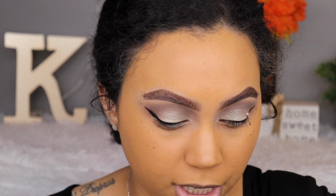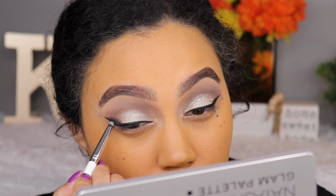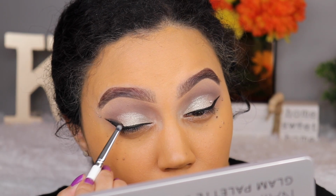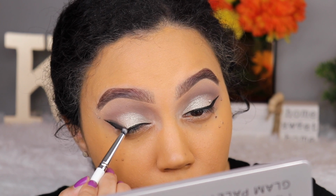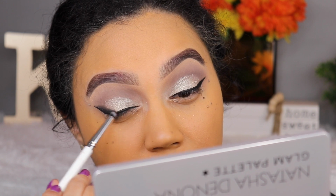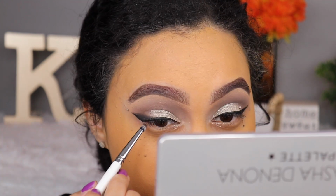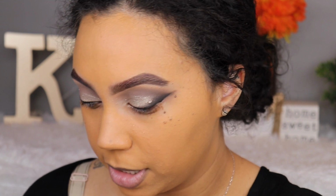So I'm going to take a super small pencil brush with the Lash Line shade again and just start kind of blending this out a bit. I'm kind of smudging it out and then bringing it in and then just stopping there, if that makes any type of sense. It kind of stops in the middle of the lid there. I am going to take a makeup wipe. You could obviously do this with concealer, but since I'm going to wipe the fallout under my eyes anyways,